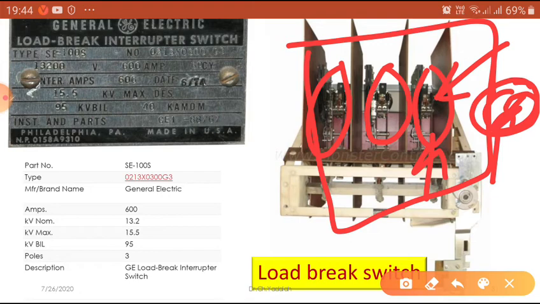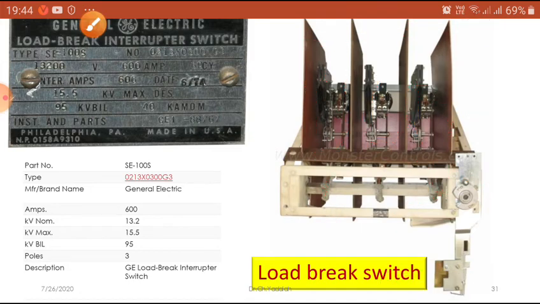Now how the load break switch works, you can see here. This load break switch is accomplished by the addition of extra equipment. Normally we add the extra equipment to nullify the arc. What to do? First, increase the operating speed of the disconnect switch blade. Here we use blades, male and female blades, both of which make contact. The operation should be very fast. Whether closing or opening, the speed should be increased by a motor mechanism or spring mechanism.